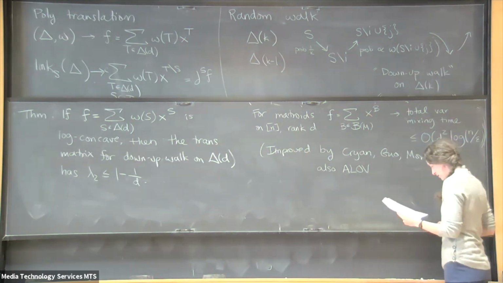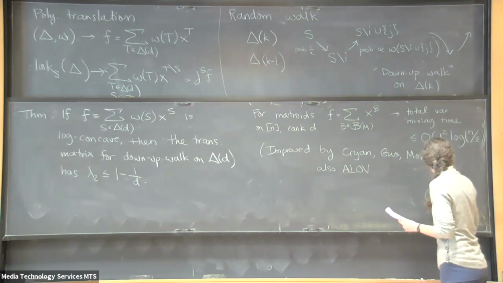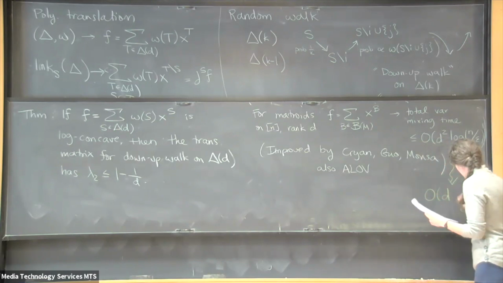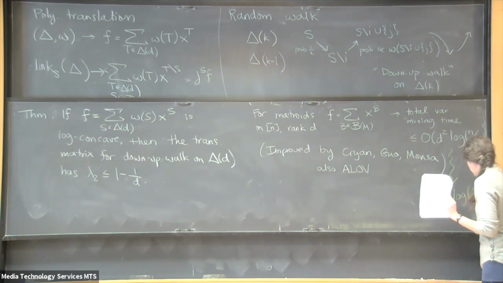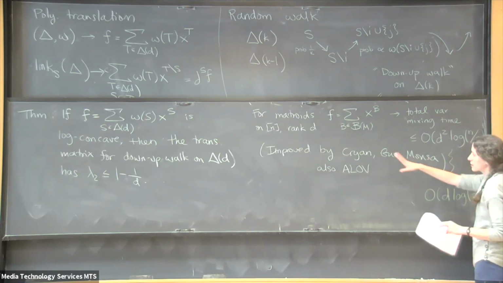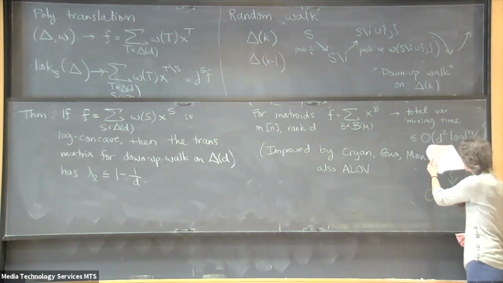So using some other methods, it gets this down to O of D log D over epsilon. But the stuff that I just want to mention today is